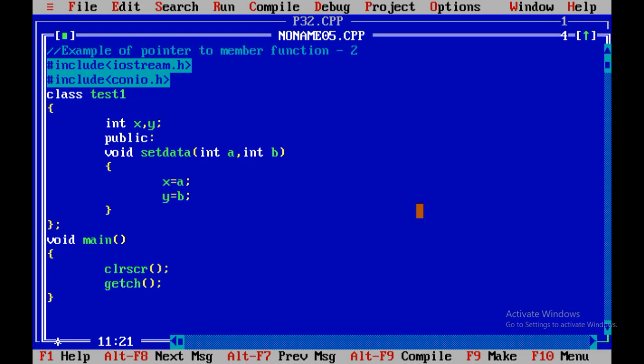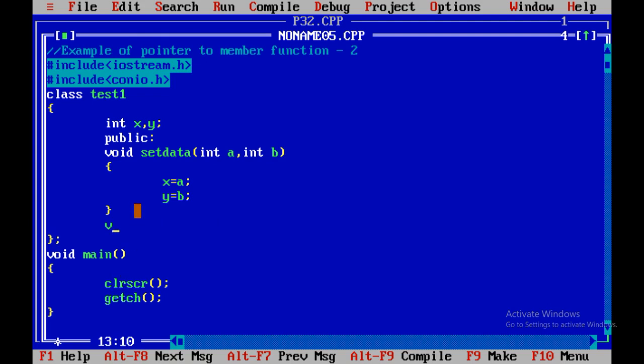Now see, if you forgot where to use the value of x and y and where can I use a and b: remember one thing, those variables which are declared inside the class should be on the left side of the equals to operator, and the argument variables of the function should be on the right side.